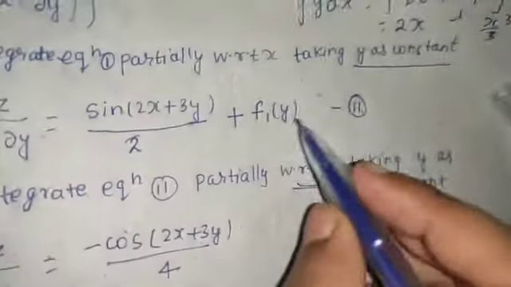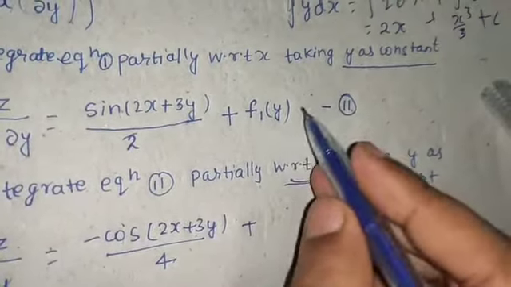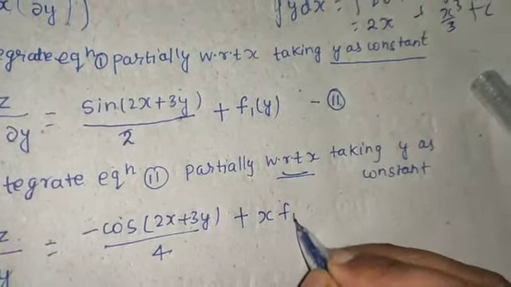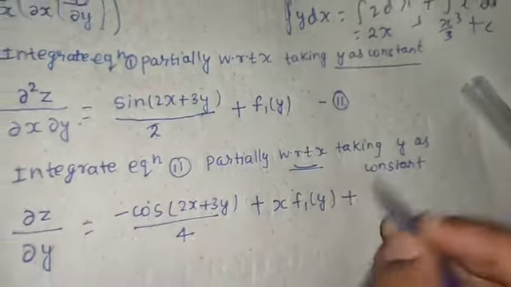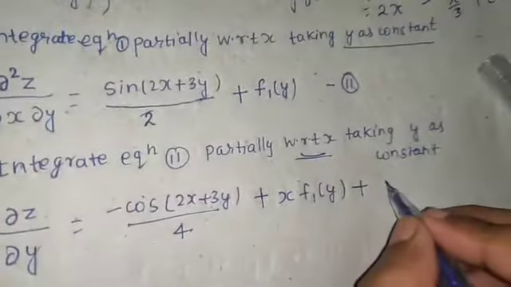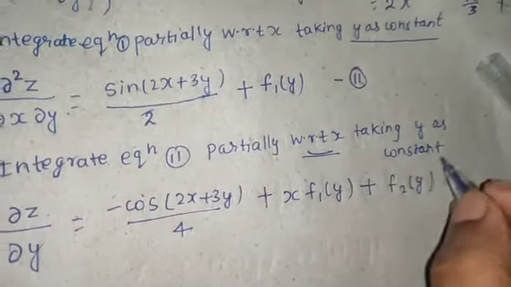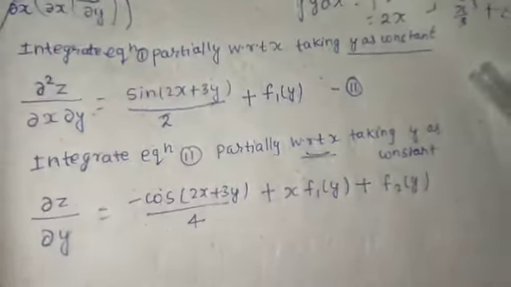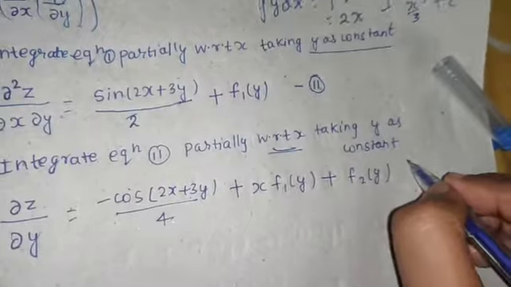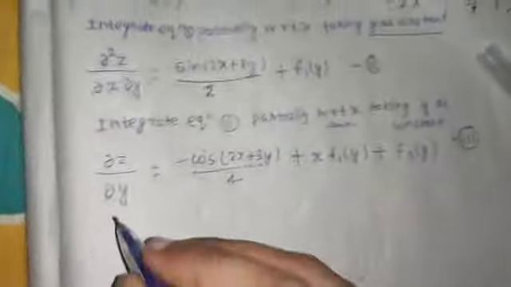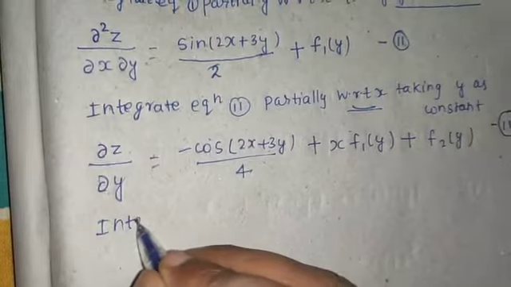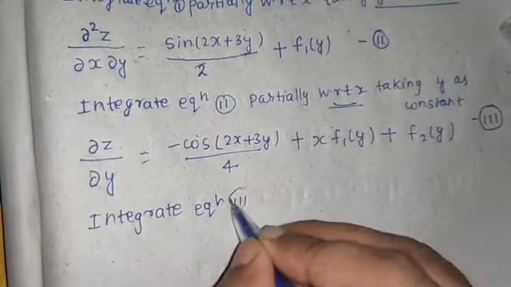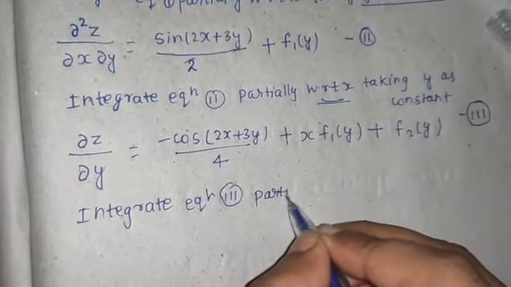In the same manner, this is constant, so this can be treated as multiplied by x power 0, so 1x will simply multiply f1(y). Another constant will come for this integration, let's name that f2(y). Of course that constant will be a function of y, because we have treated y as constant. Now a step ahead, let's name this as equation number 3. Now integrate equation number 3 partially